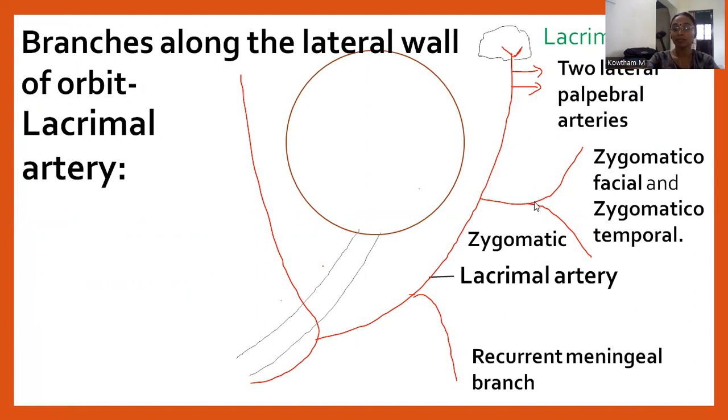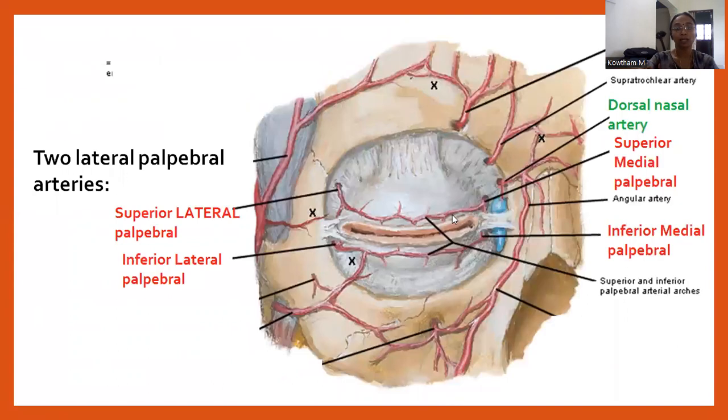Okay. Then next, the other branch is the zygomatic branch. It gives the zygomaticofacial and zygomaticotemporal arteries. It supplies the skin around the cheek and also the scalp. Okay. Then next come the two lateral palpebral arteries, which supply the lateral part of the upper and lower